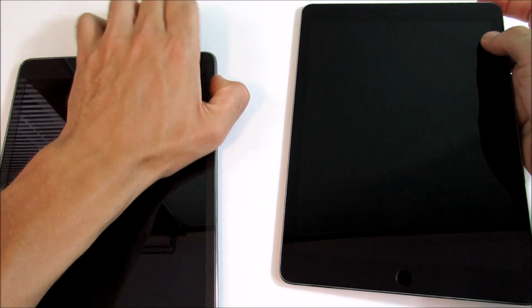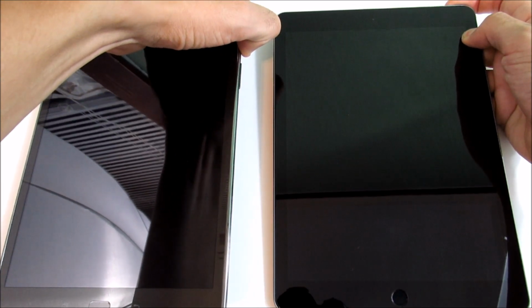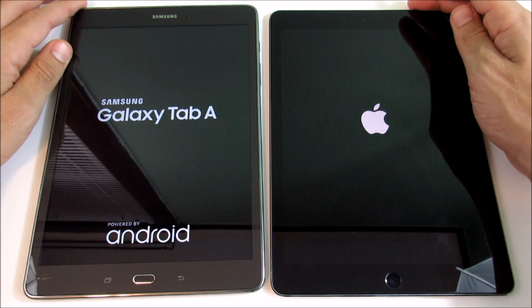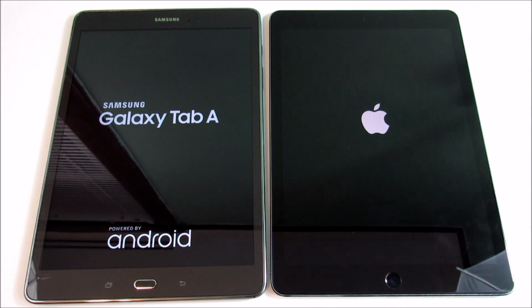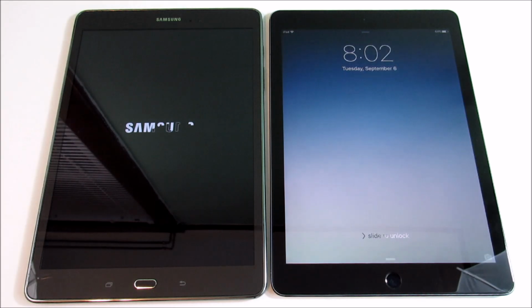But let's go ahead and begin this video with these tests with a boot up test in 3, 2, 1, and see which one gets to the home screen first. Samsung Galaxy Tab A on the left and the Apple iPad Pro on the right. Now, I usually do these videos with phones, but we're doing something new here today. So we're gonna go through the applications, we're gonna do a speed test, we're gonna run a Geekbench, and